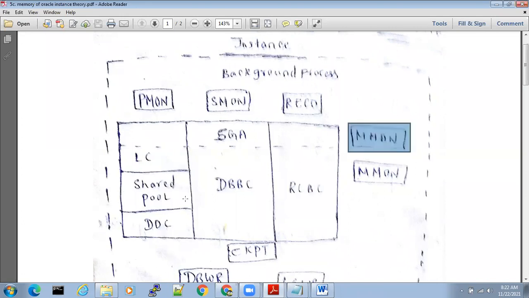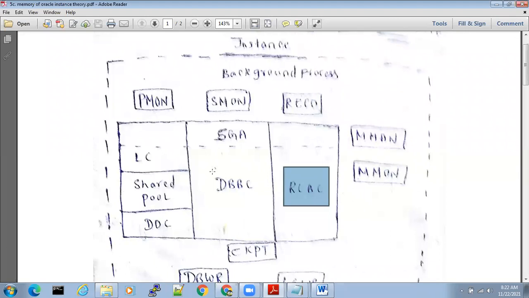MMAN, the memory manager, will manage the 500 MB and allocate it. Out of 500 MB, it will allocate, say, 150 MB to shared pool, 150 MB to database buffer cache, and 200 MB to redo log buffer cache. MMAN will allocate. This is called automatic memory management.